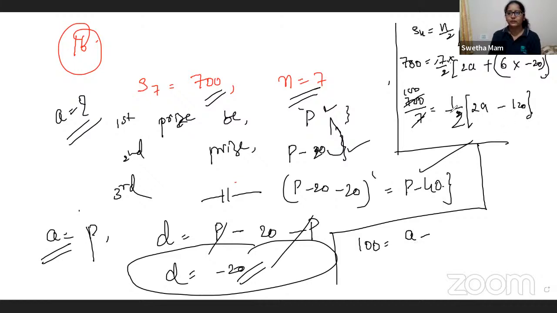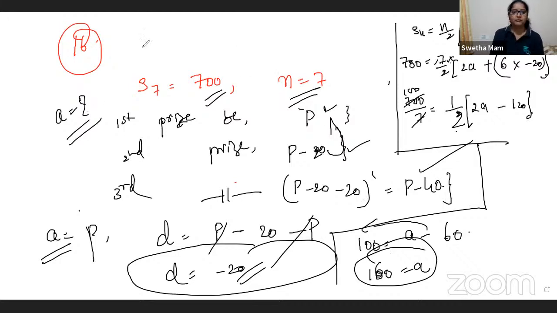2a by 2 is a. Put the minus sign. 120 by 2 is 60. Take the 60 to the left hand side. So it is 160. See, the first cash prize is 160. Right, children? I will write here. The first cash prize is 160, and the second prize, 20 less than the first, is 140, and the third prize is 120, and